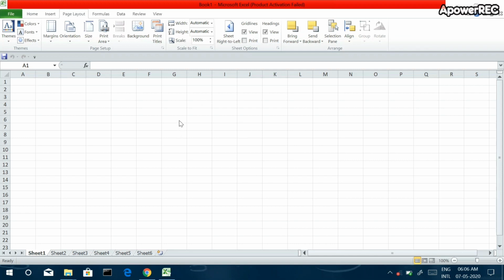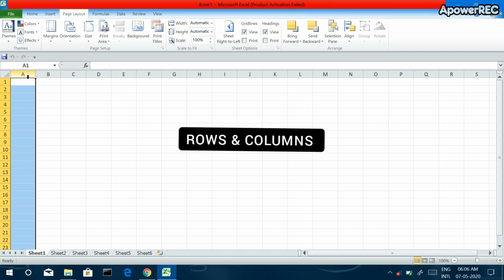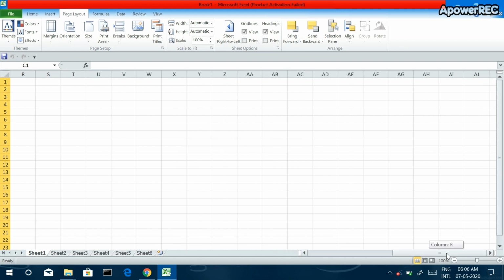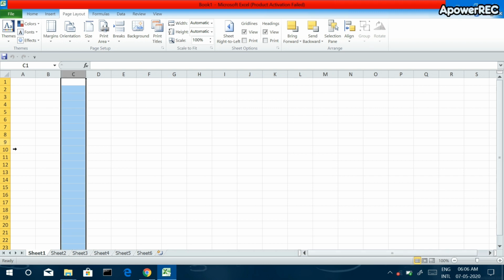This is called the spreadsheet, which is made up of rows and columns. You can see column A, column B, column C. You can add many more columns as needed, and similarly with rows, you can add millions of rows in a spreadsheet.